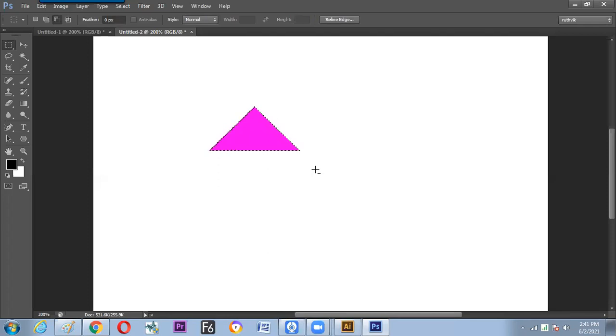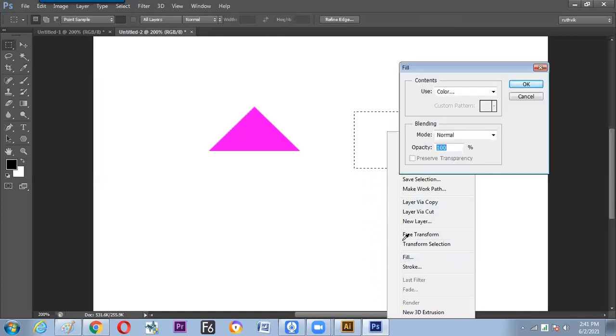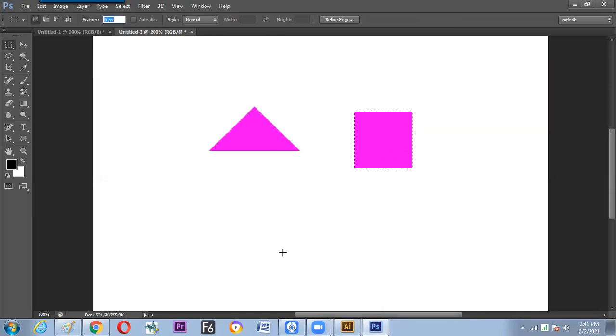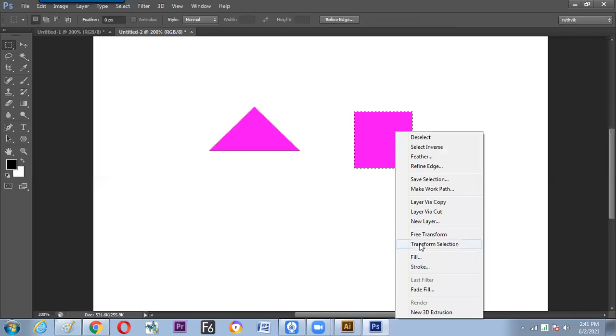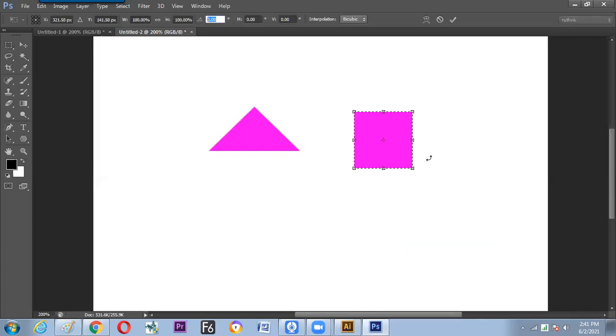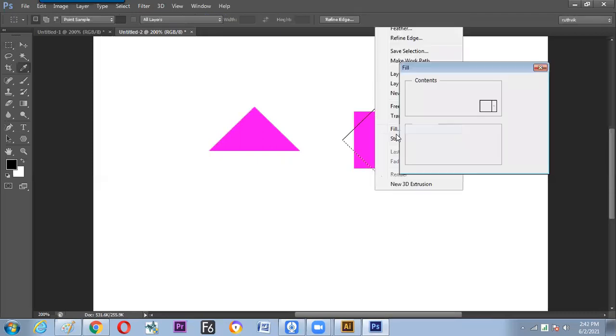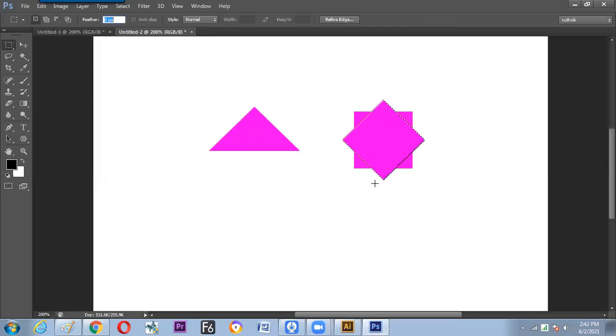Now within 10 minutes it will get off. Again you need to log in. So let us make the same rectangle. Fill the color. How to fill the color? Fill, enter. It is okay. Now switch to the transform, 45 degrees, and fill it up with the same color. What we have seen now: how to make a star out of this, how to make a triangle out of this. Did you do that 45 degree rotation? How to rotate 45 degrees? This is the question.